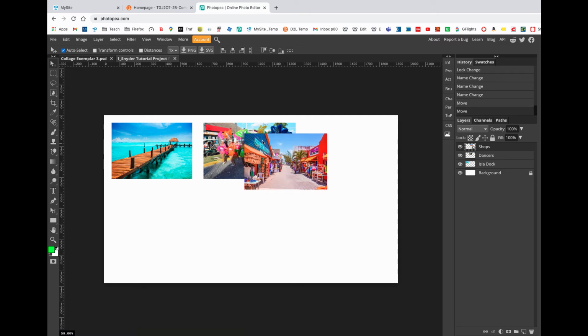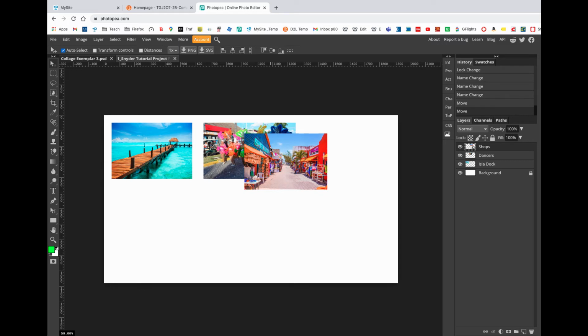Now what if I want to get quickly to this Dancers layer without going, oh, I've got to go over here and click it, like so? I don't want to have to do that every time because moving the mouse takes time. It's irritating. You can hit the wrong thing. It's just irritating. A quick way to do it is, especially if you've got two images or layers stacked like this,